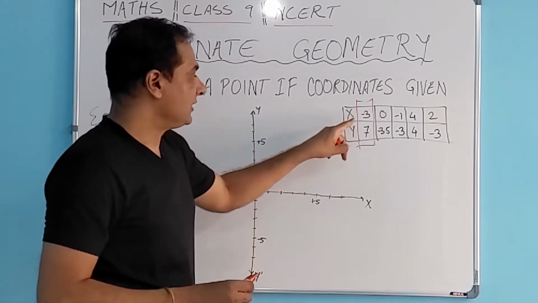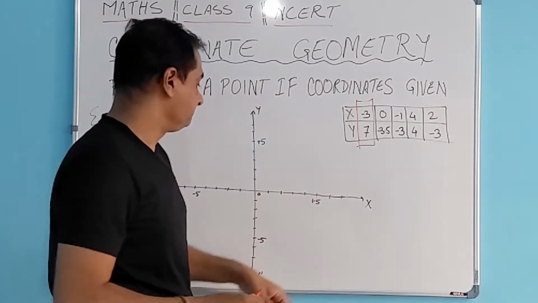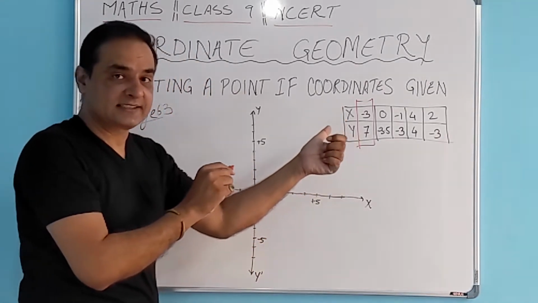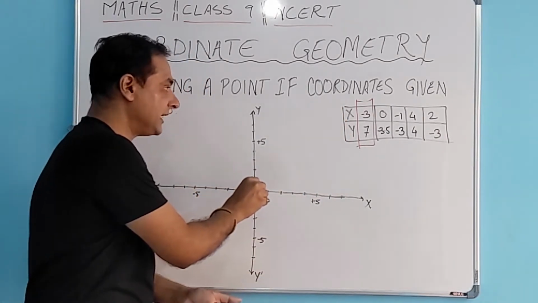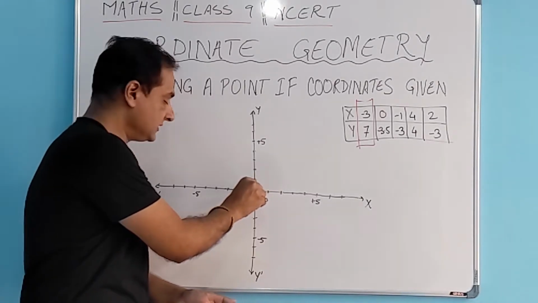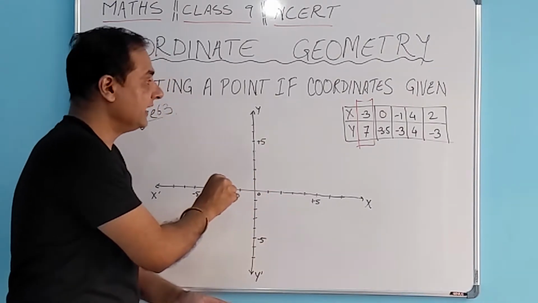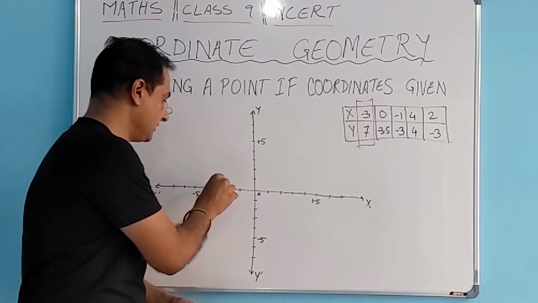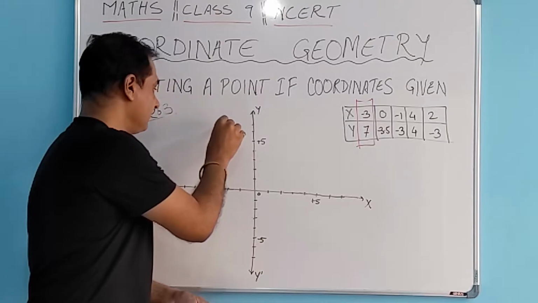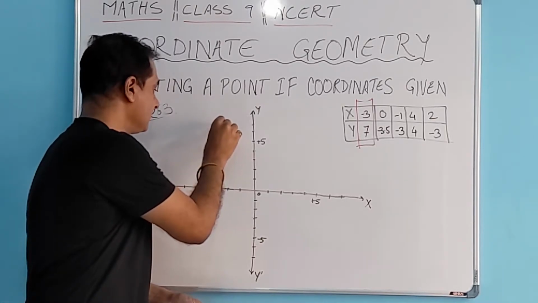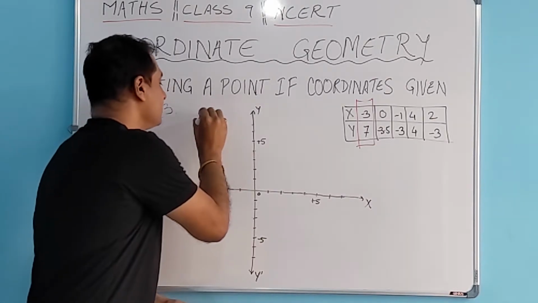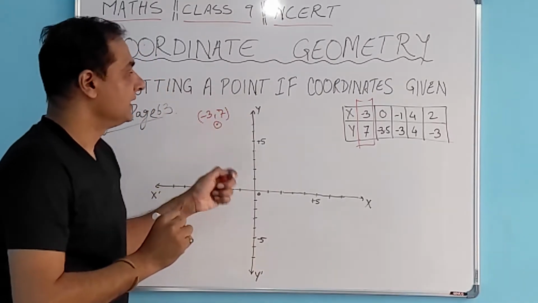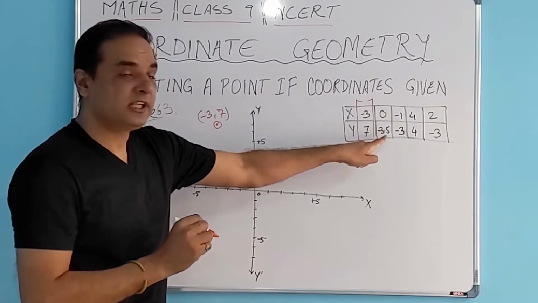Let's look at it. The first one is minus 3 and 7. Again, we'll follow the process. Step number 1, let's locate the x-coordinate. So x is minus 3. So we go to the origin, go in the negative direction, which is here, and then we go to the y-coordinate, it's 7. So we go up from here, 7. So somewhere here. This is minus 3 and 7. This is the point. We look at the next point, which is 0 and 3.5.